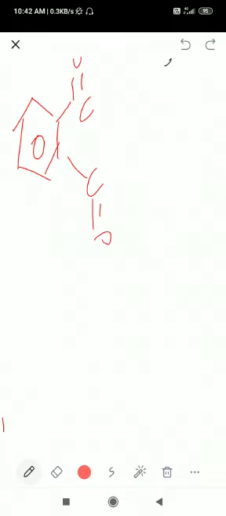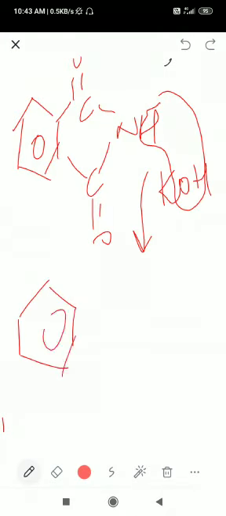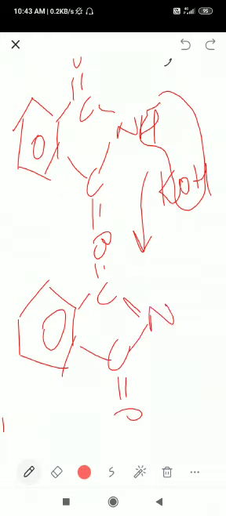First of all, we take our phthalimide that we have just created. Kindly see it very carefully, it is very important. Then we will add a base like KOH. Then we will remove a water molecule from here, which means we will get a salt, that is N negative and K positive. Just a displacement substitution reaction.